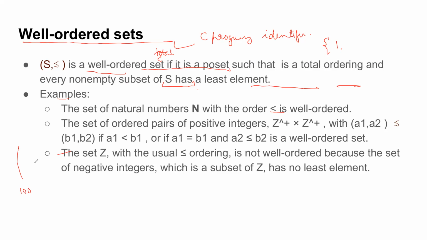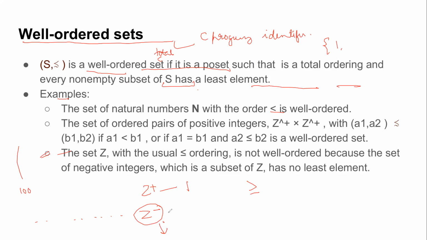The best thing you can see is from this counterexample. If you look at Z positive, it has a least element, which is 1, right? But if you look at Z negative, it does not have a well-defined least element. But if you had considered the opposite relation, in this case, would Z negative have a least element? Yes, right? So that is what is required.